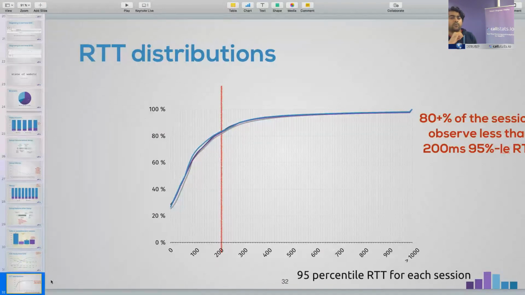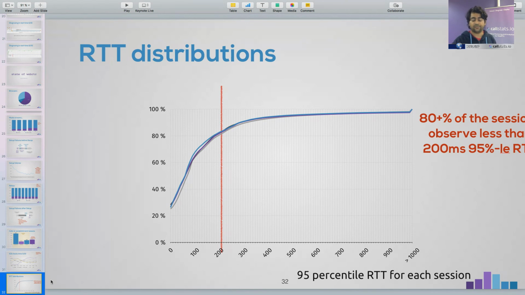What we've noticed over the last few months is the RTT. We measure RTT, and we noticed that about 80% of the time, the 95th percentile RTT is under 200 milliseconds, which is really cool. That means it's under the guidelines of the IETF. Of course, we're not measuring the last 5%, so you might have a long tail there. But we believe that for long sessions, 95th percentile RTT is an adequate measure of RTT, rather than the